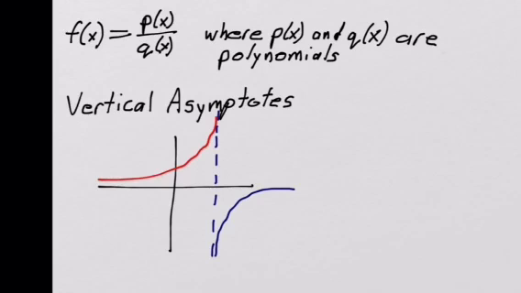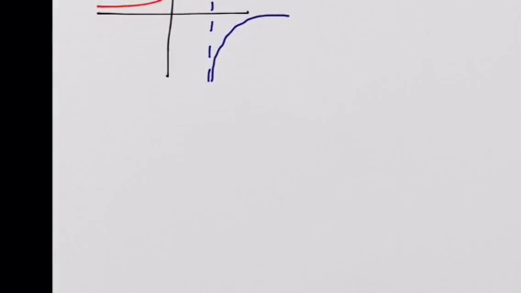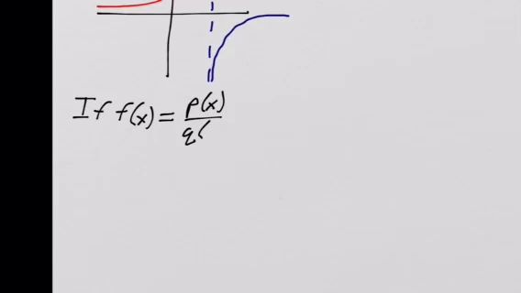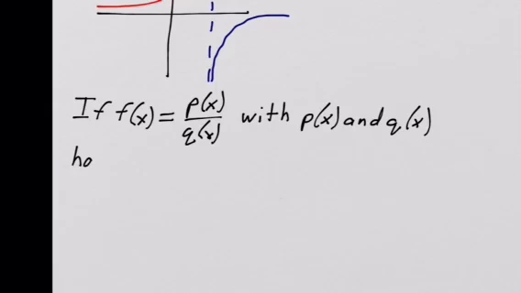So the rule for finding vertical asymptotes is almost simple. It says if f of x equals p of x over q of x, with p of x and q of x having no common factors,